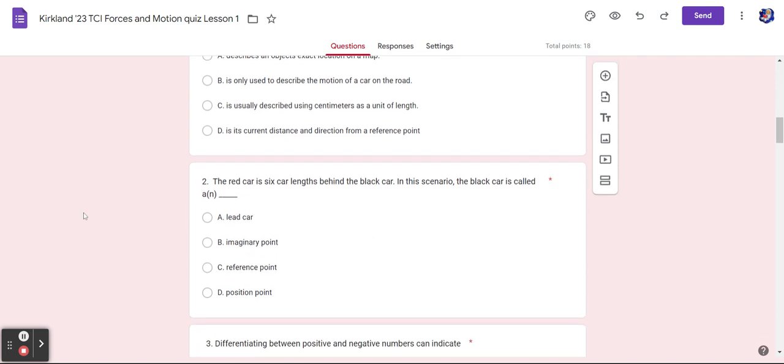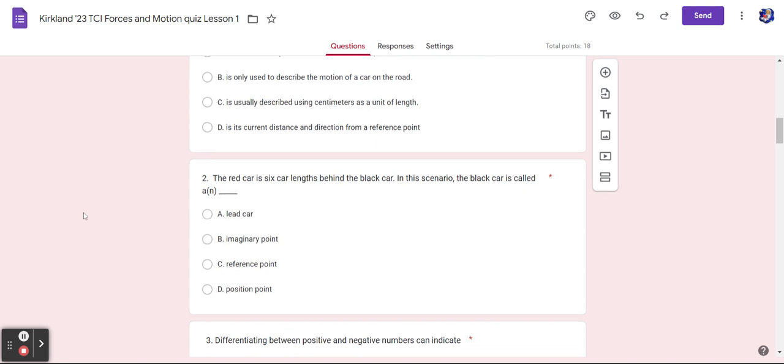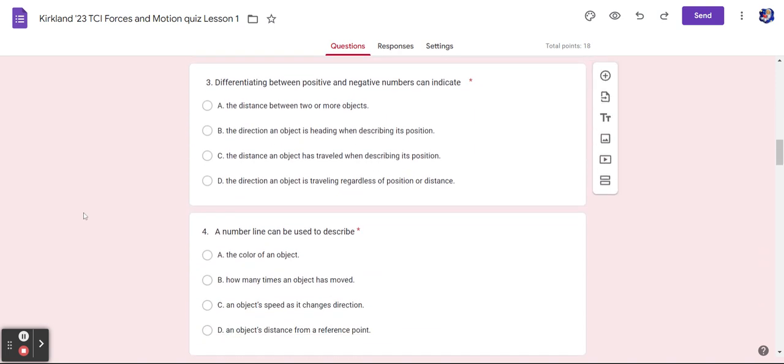Number two, the red car is 6 lengths behind the black car. In this scenario, the black car is called A, a lead car, B, imaginary point, C, reference point, D, position point. Number three, differentiating between positive and negative numbers can indicate A, the distance between two or more objects,